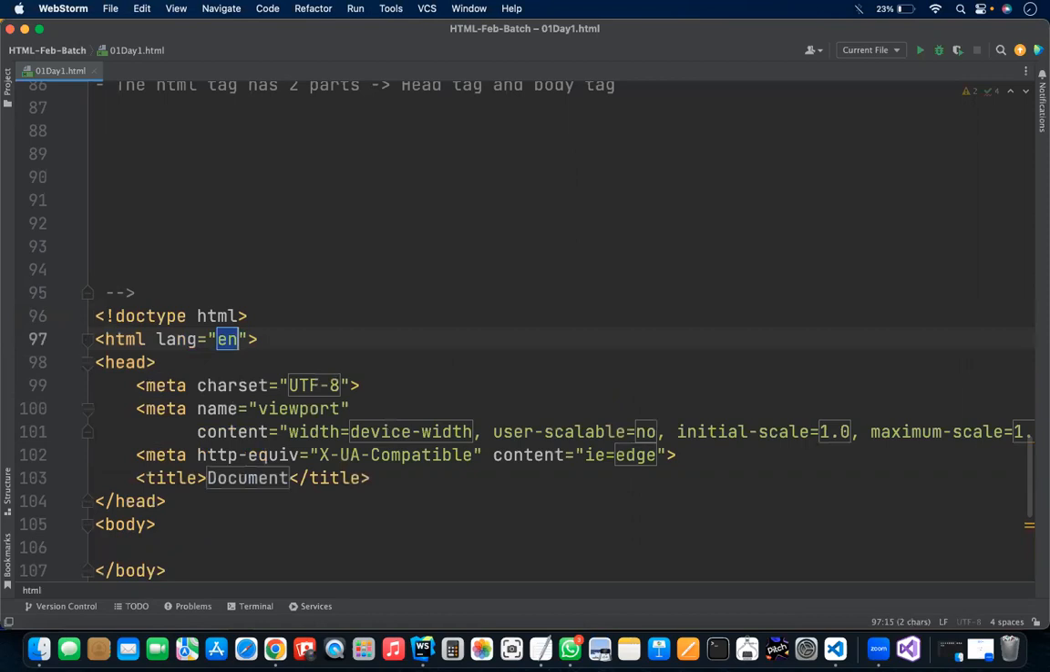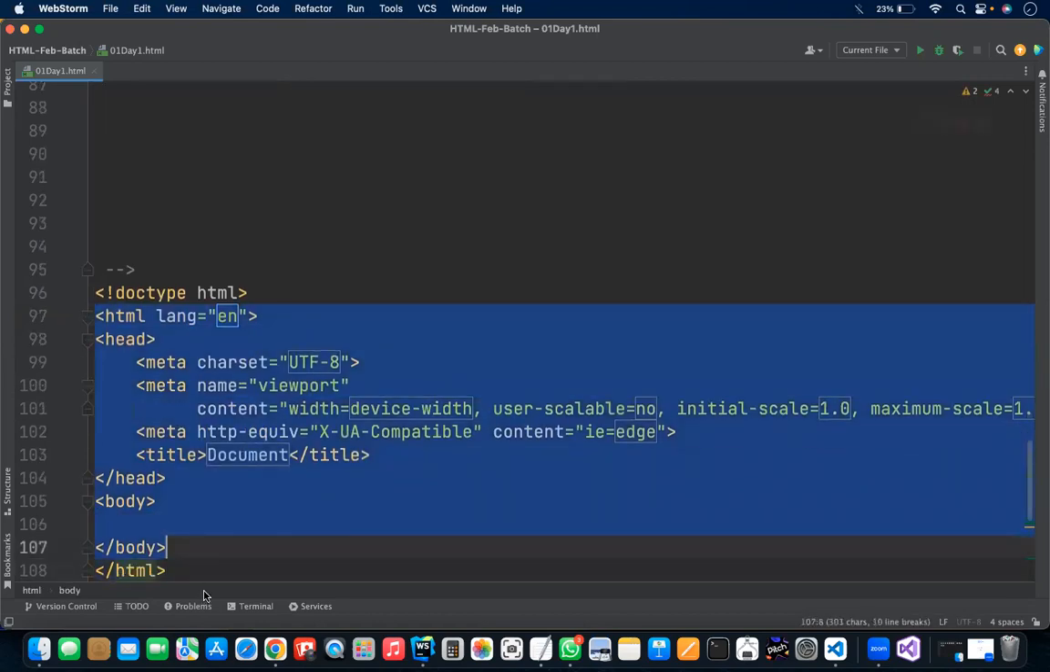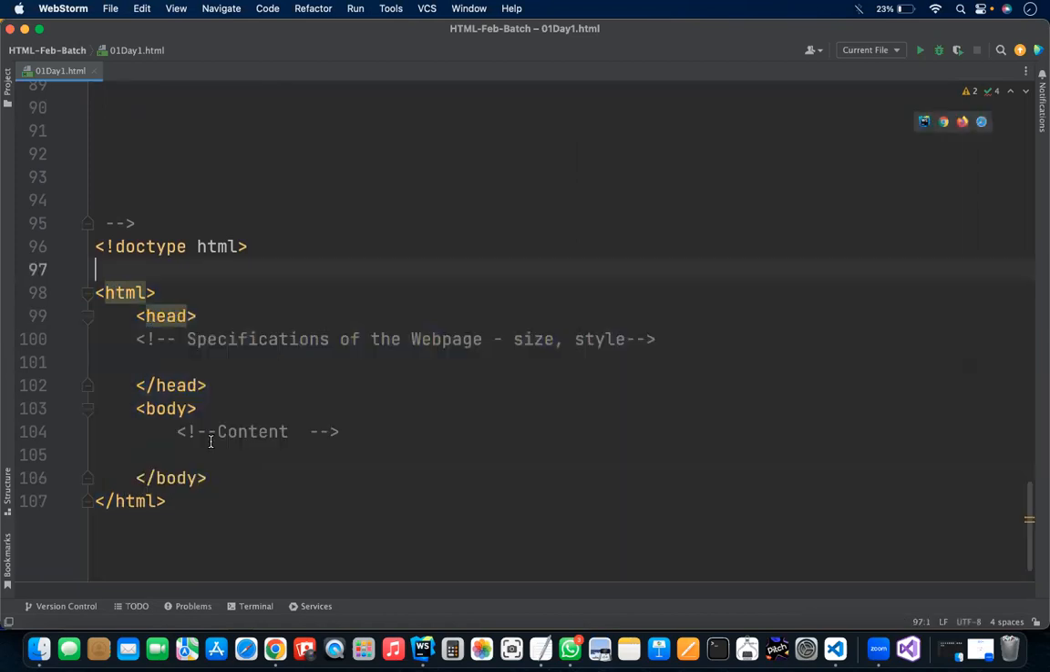Let me write it. Okay, so every time you start HTML code, whenever you are going to start an HTML code, you will need to give this line: doctype html. Okay, doctype html. What does it mean? This defines the specification, the version